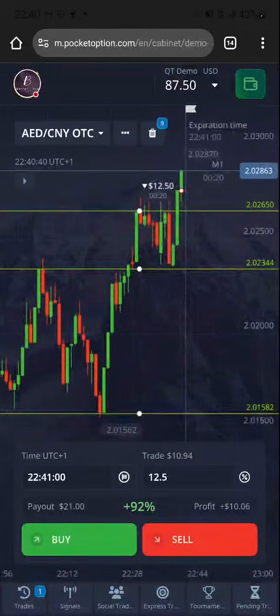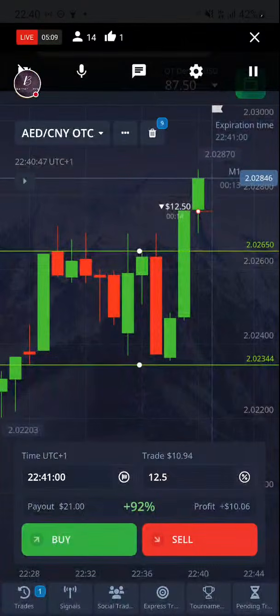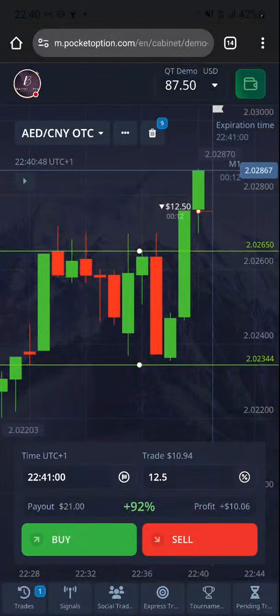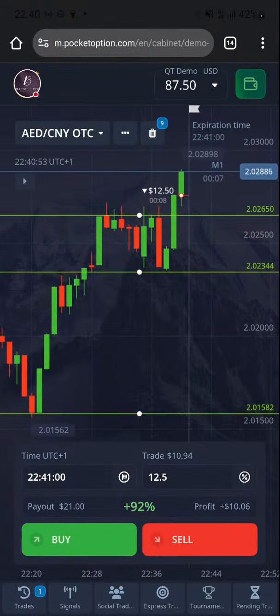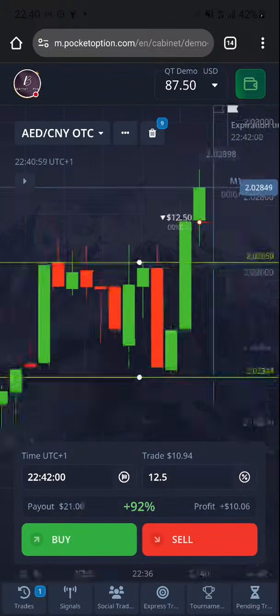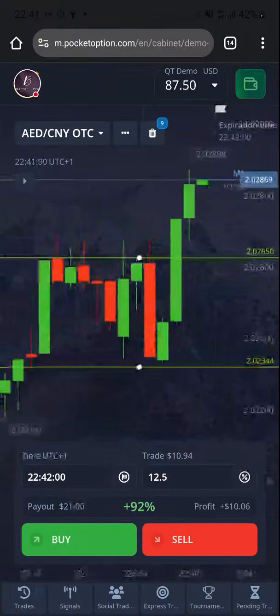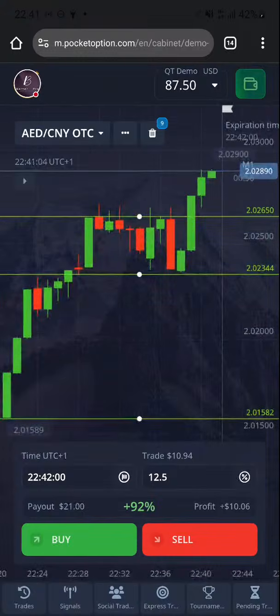But one thing I always try to tell people is that you cannot trade based on a hunch. And this is an example of it. It has to be pure technical analysis, especially if you're on OTC. I'm telling you, you cannot trade based on a hunch. Hunches don't work when you're trading. I'm telling you.